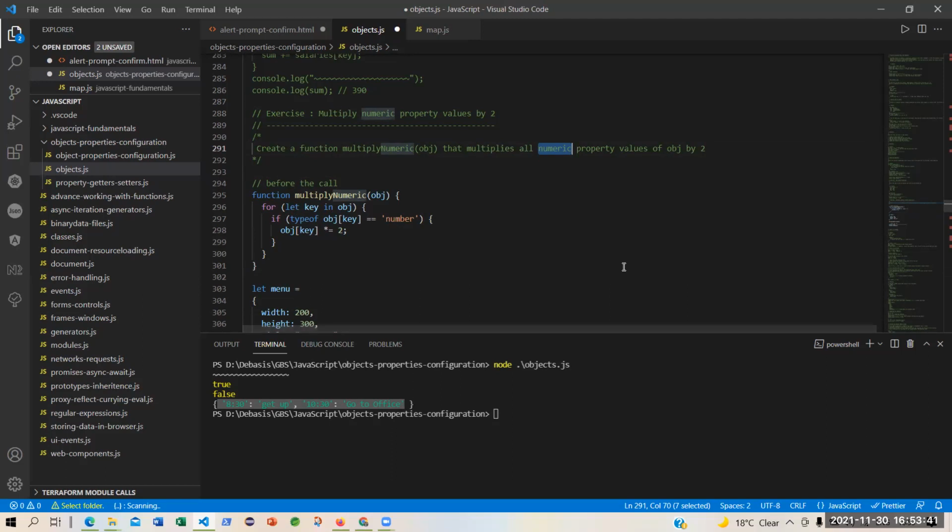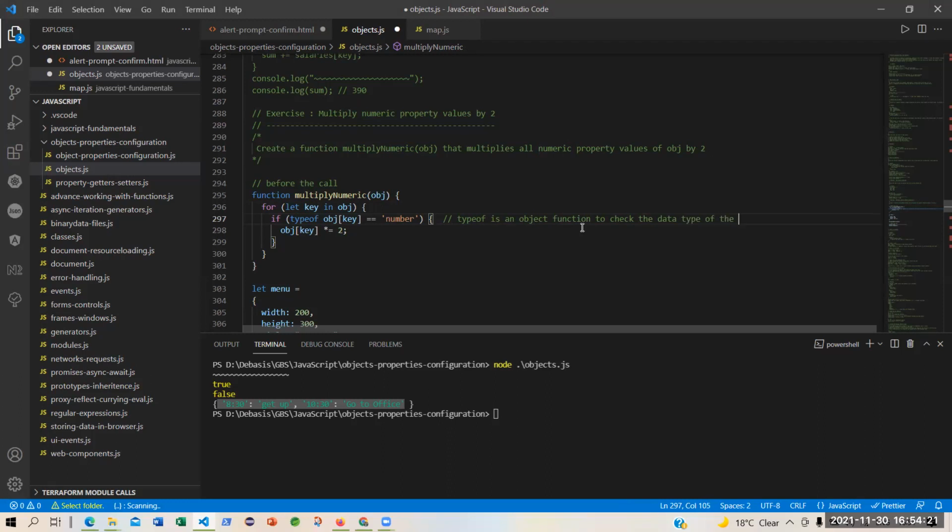Once I get inside the loop, I will say that, okay, let me find out the type of, is an object function to check the data type of what?